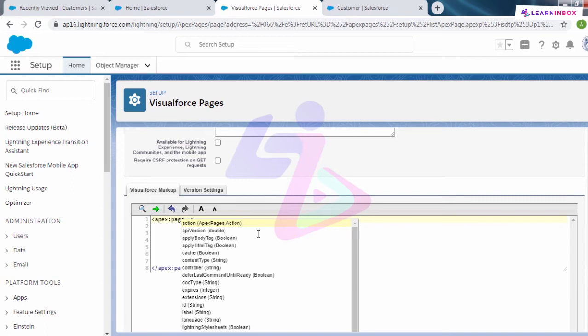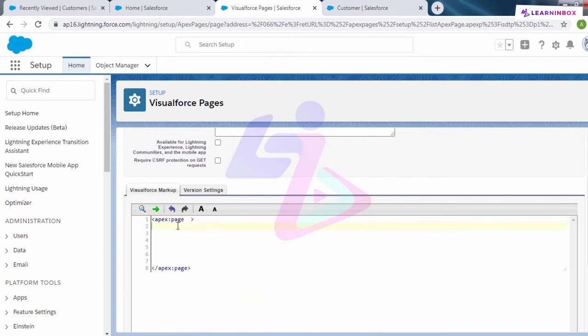So if you want to use all the functionalities of our object, then we have to use the standard controller. But if we don't want to use those functionalities, and we have to create our own functionalities, at that time we have to create a custom controller here. Okay, and this custom controller is actually an Apex class which we are going to create now. So let me define a controller here.